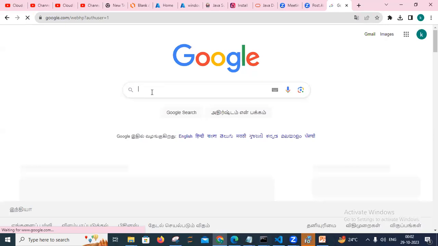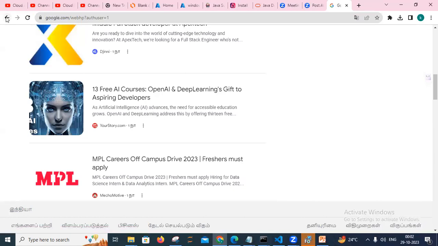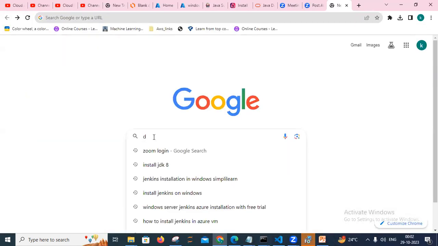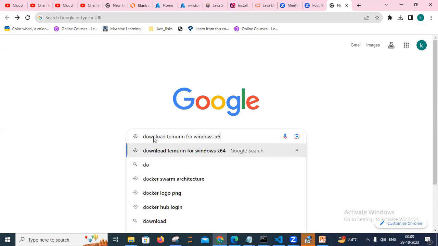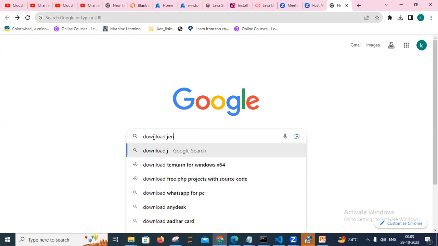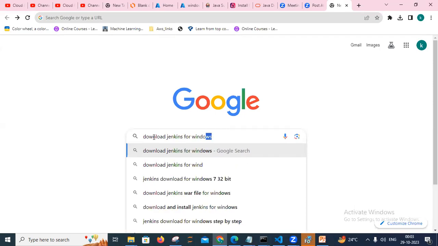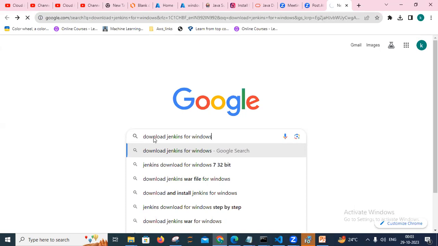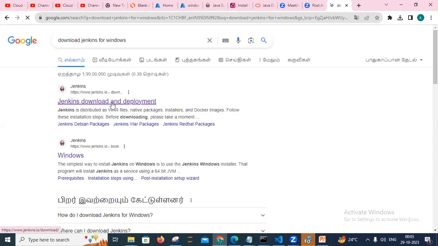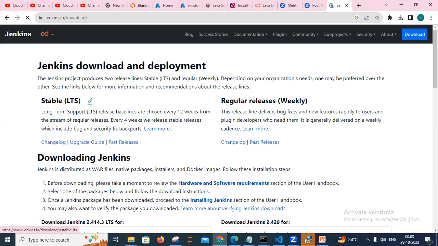Download Jenkins for Windows. So first you have to search and go to the first link, Jenkins download and deployment, and this is the official web page,